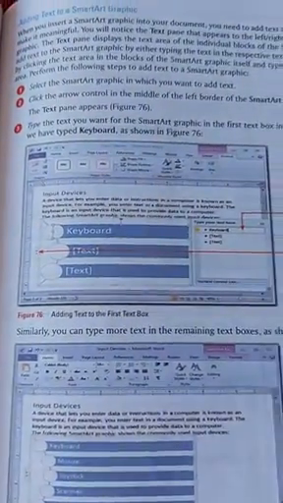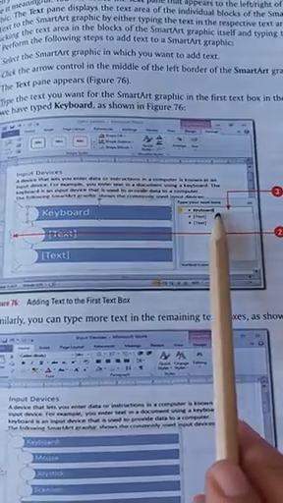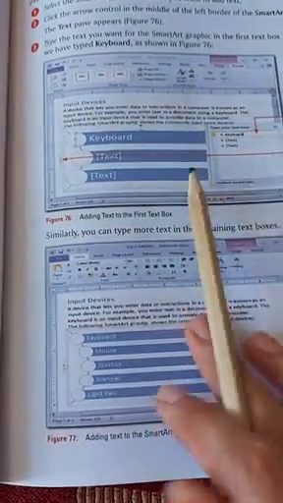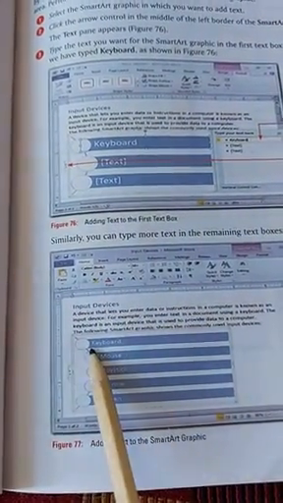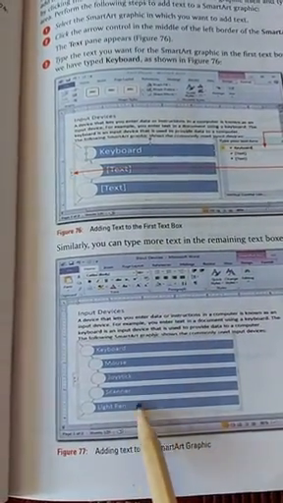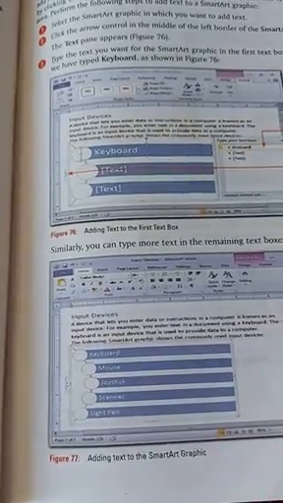You can rename it, when you type on the keyboard here, this will appear on this. Similarly with second and third. After finishing it, your document will look like this. This is a description for input devices and this is a smart art graphic for inserting all the input devices.